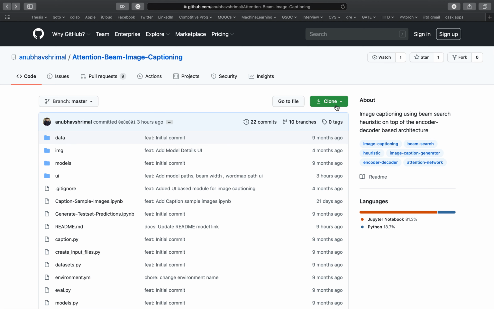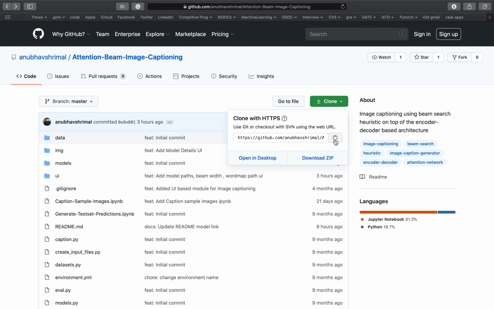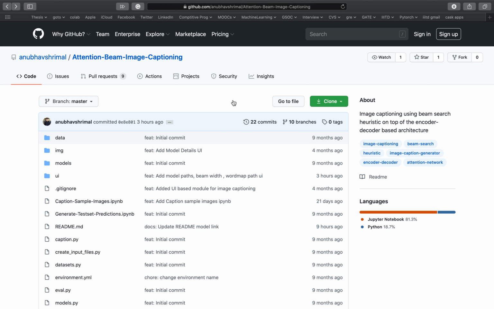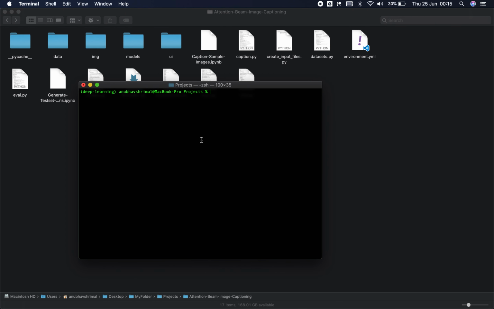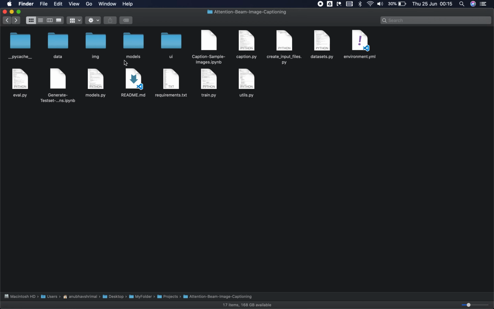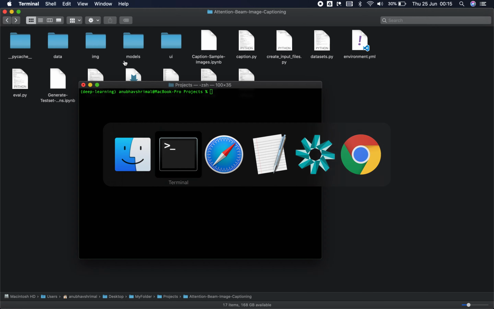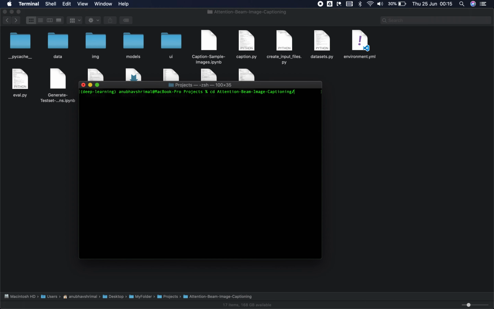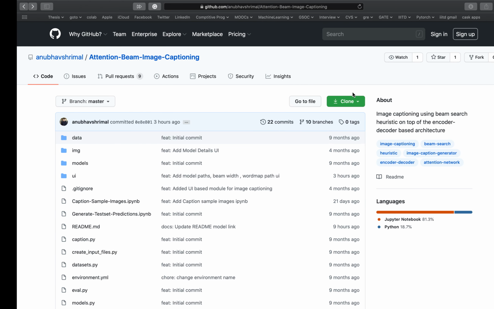First of all, we are going to go to this repository link. I will mention the repository link down in the description below. We copy the link, and next we clone it. So we do git clone and the repository name. So we run it and then we clone the repository. I have already cloned it, and as you can see over here, you will get these files in the folder. So next we need to download the pre-trained models.